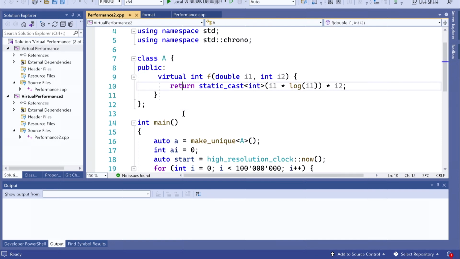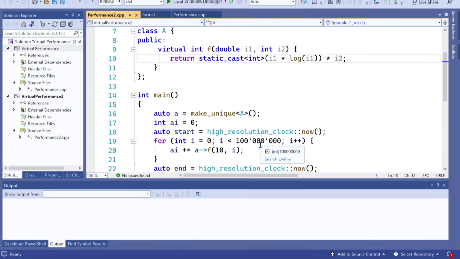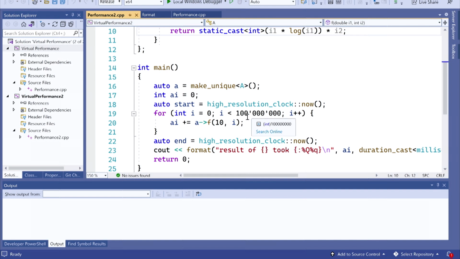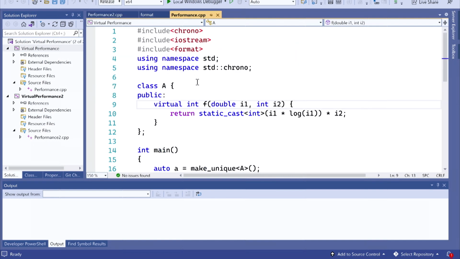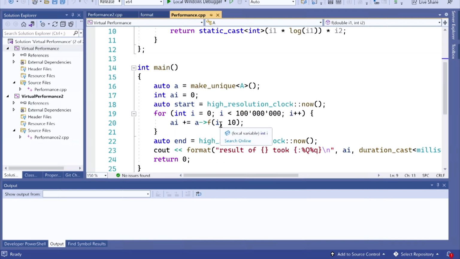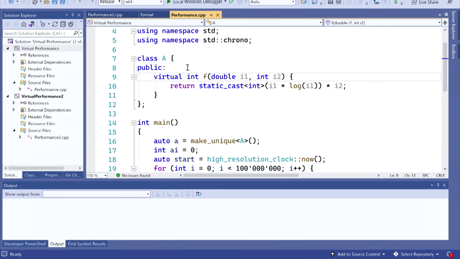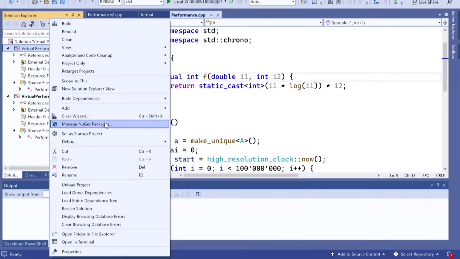So here I have a program that creates an object A, calls its F method 100 million times, and it keeps incrementing the first argument to F. And then it tells us how long the whole thing took. And if we look, the method F is virtual. Let's try running this program